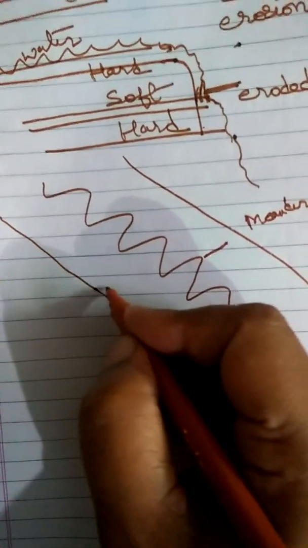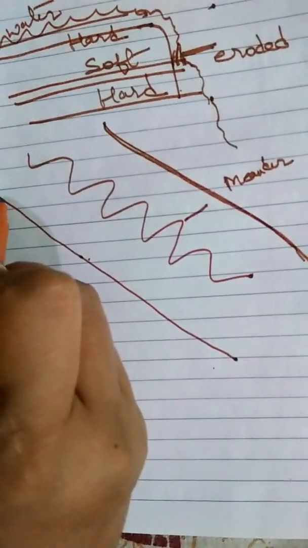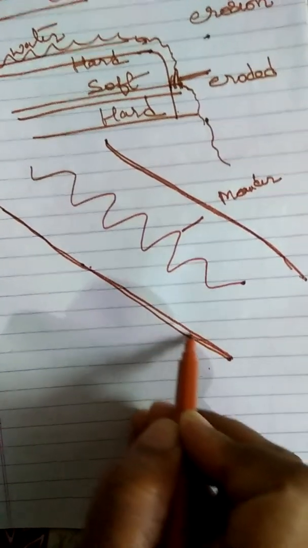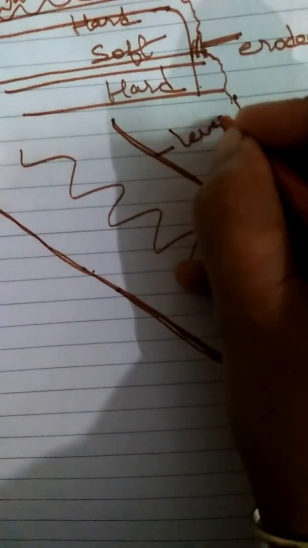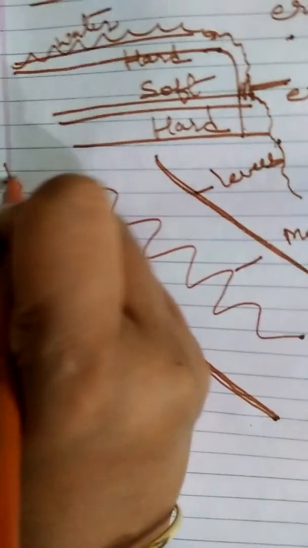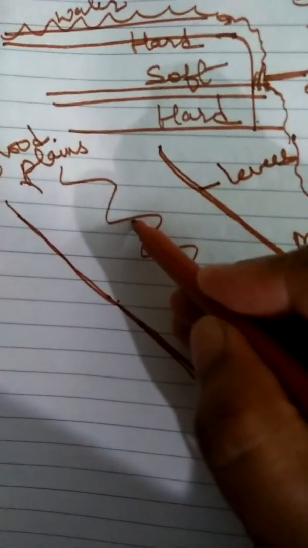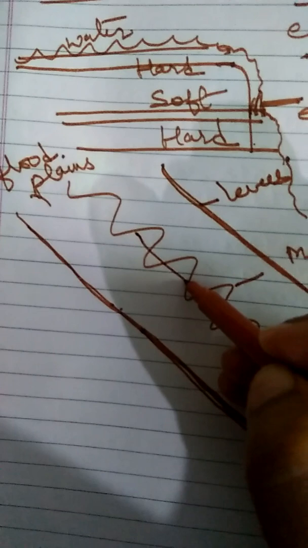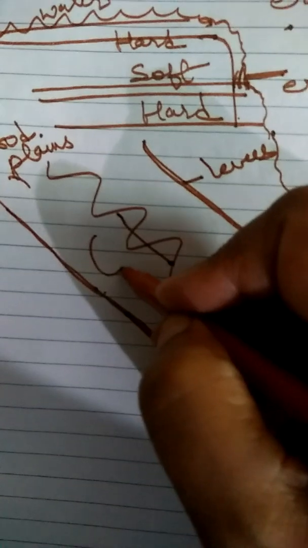Okay, these are flood plains. There are also raised banks near the flood plains, and these raised banks are called levees. You can see these are flood plains. Okay, fine. Now sometimes what happens, this river gets cut and then it forms its own separate